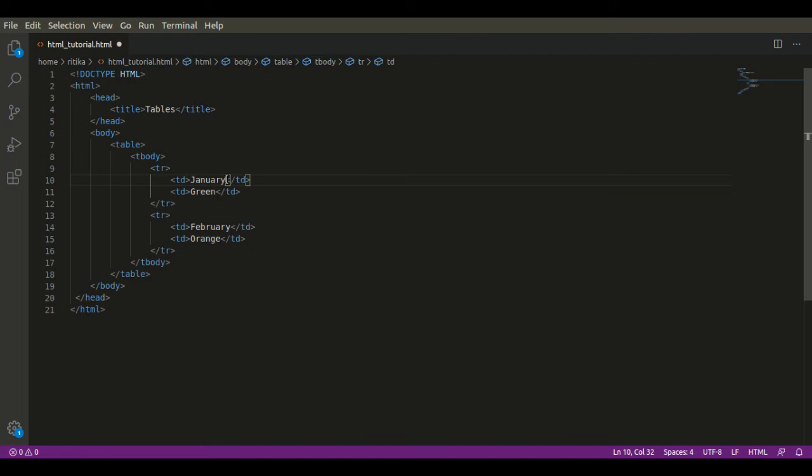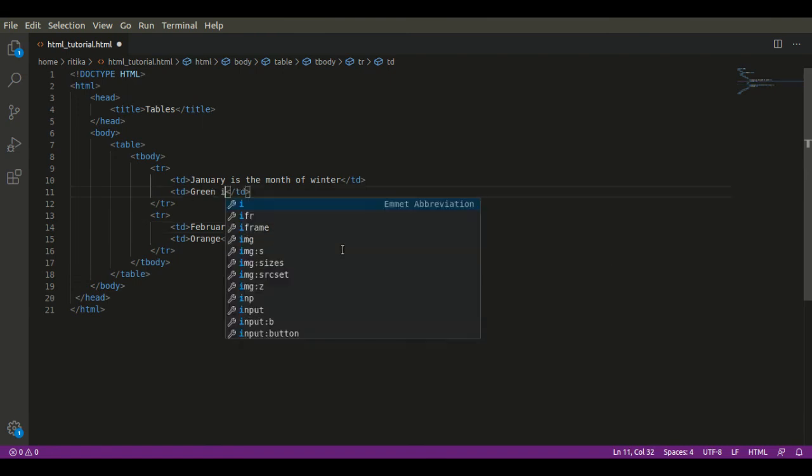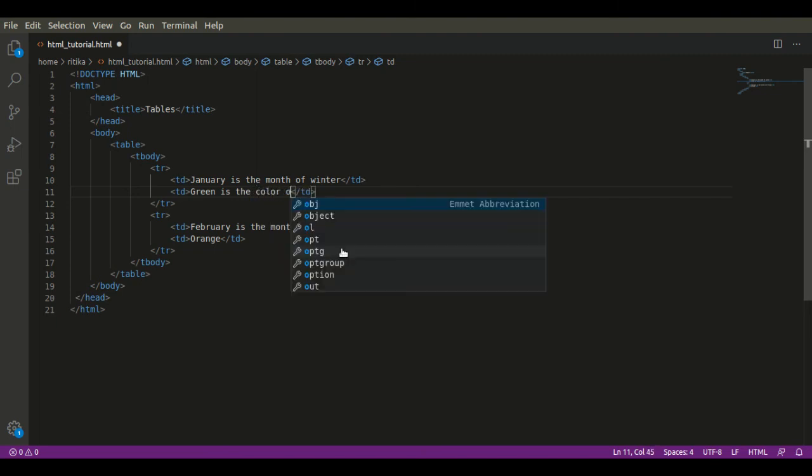Like we can write, January is the month of winter. February is the month with 28 days. Green is the color of plants, and orange is also a fruit. Let's save and check.